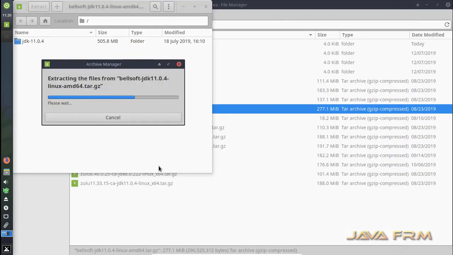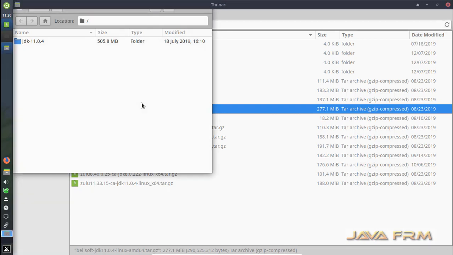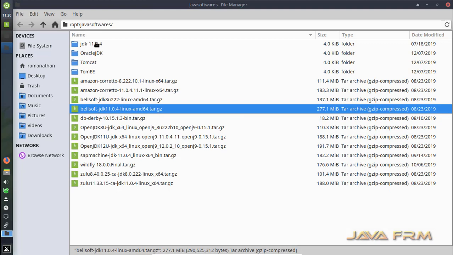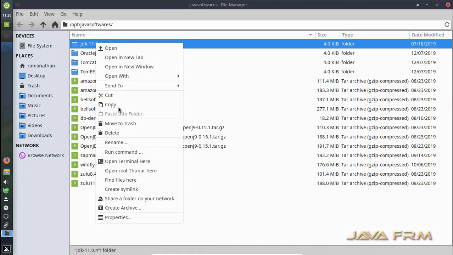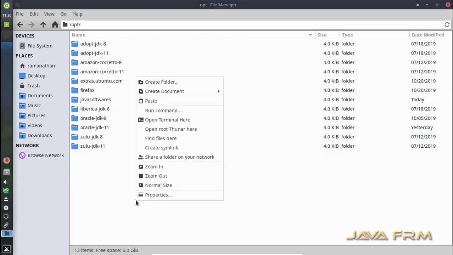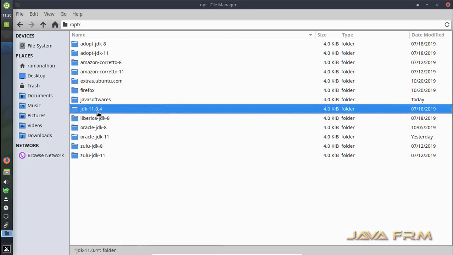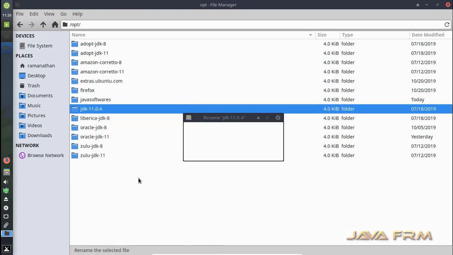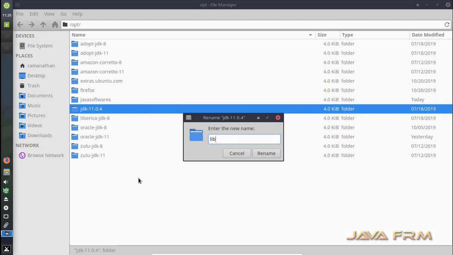Make sure that you have enough permission to extract the content to /opt directory. So I am cutting the content and I am going to paste under /opt. So yes, I am going to rename the extracted directory for my convenience now.